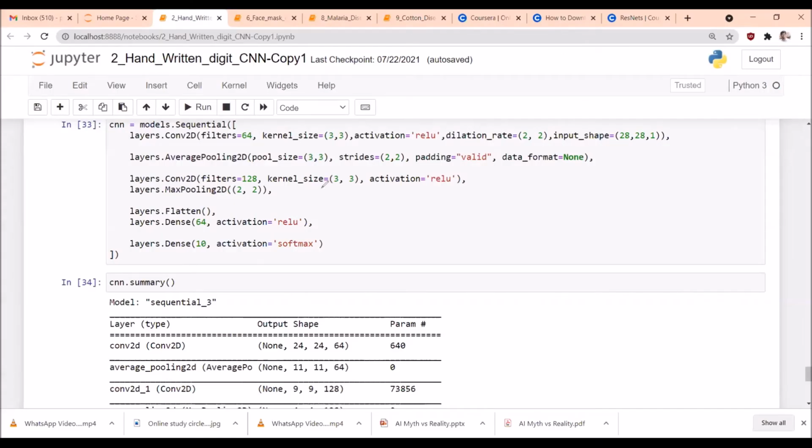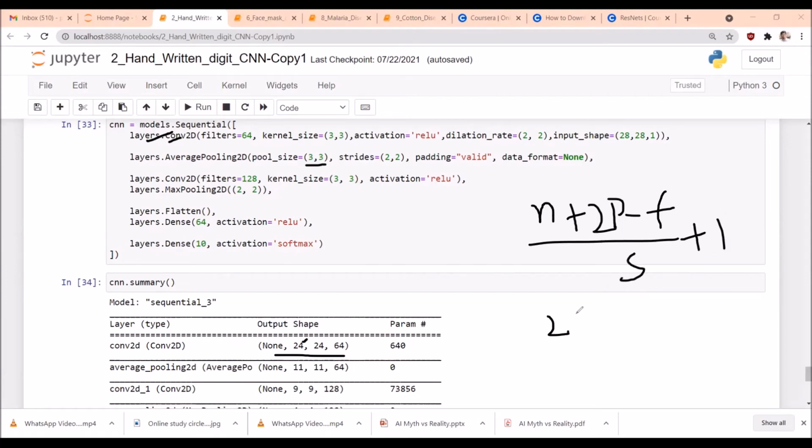Let's take a practical example. After the Conv2D layer, we get a feature map output of 24 by 24 by 64. That means the size of the feature map is 24 by 24, and we have 64 such feature maps. In the average pooling layer, we have considered a filter size of 3. The formula is (n + 2p - f)/s + 1.